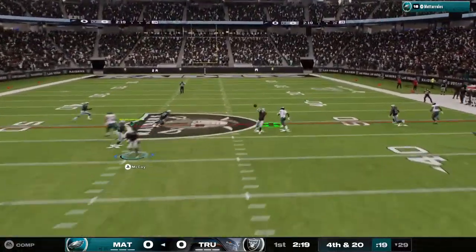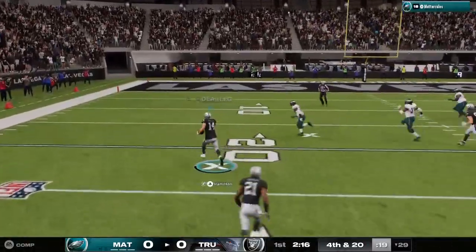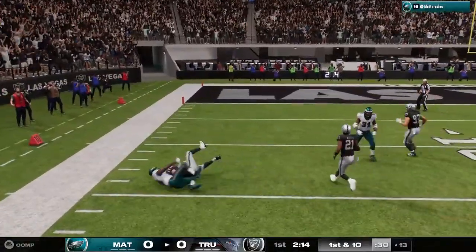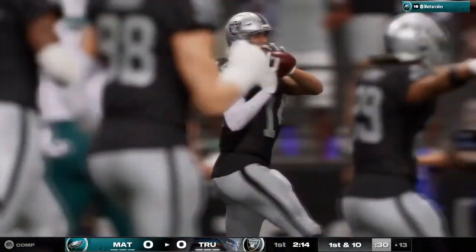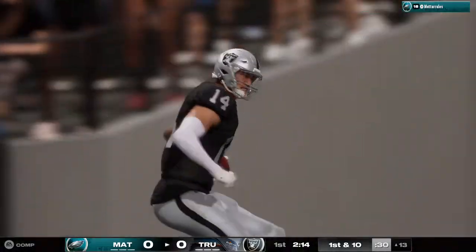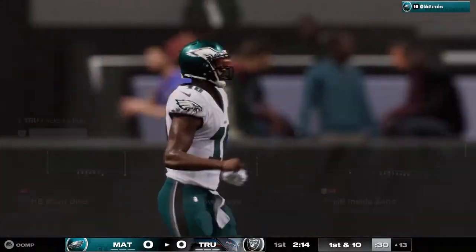They do indeed snap it as that's over the middle and intercepted. It's the safety, Kyle Hamilton. And he's going to be brought down. What a turn of events here. He has given his guys 1st and 10 in the red zone. It's not often